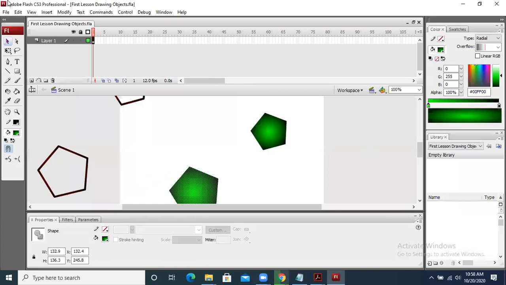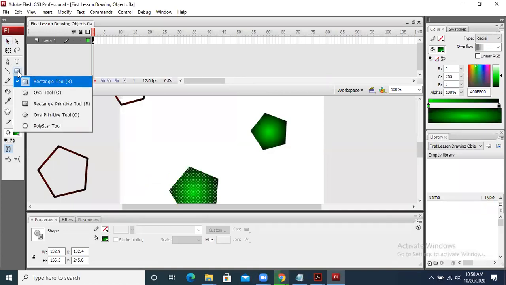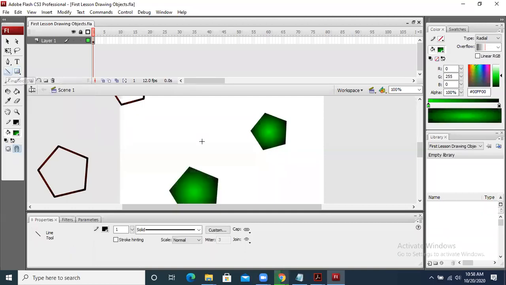So what you need to do, what is your objective, what kind of practice are you going to do? You are going to draw these objects, oval and rectangle, for your practice. This is a line. You can also draw the line. These are the simple things that we need to understand. These are quite simple.